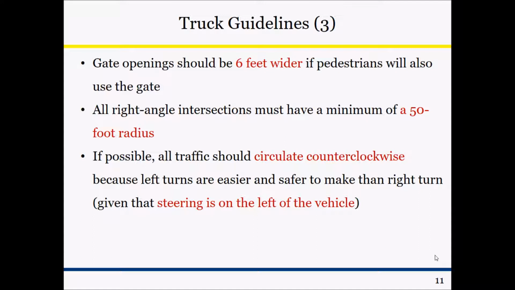And all right angle intersections must have a minimum 50-foot radius, and if possible, all traffic should circulate counterclockwise because left turns are a lot easier and safer to make than right turns. If you're a driver, you can understand why counterclockwise turning is a lot safer